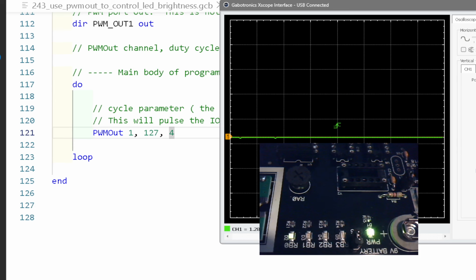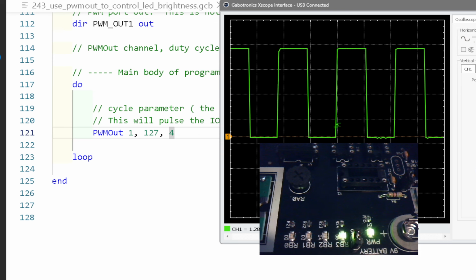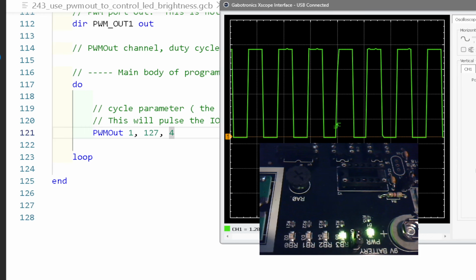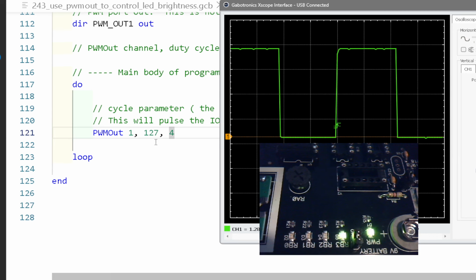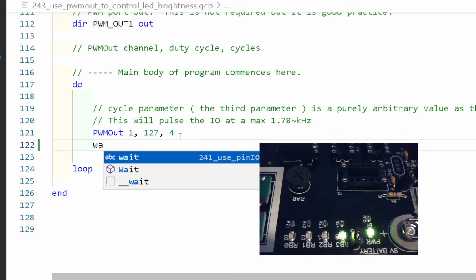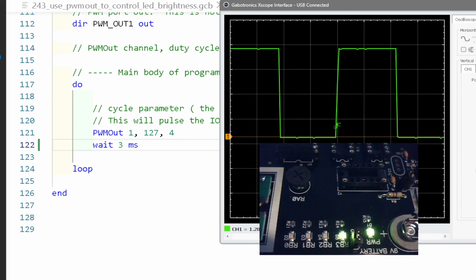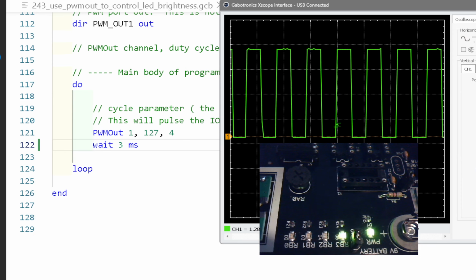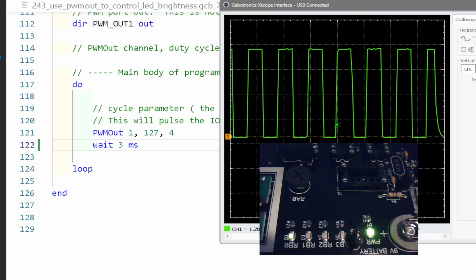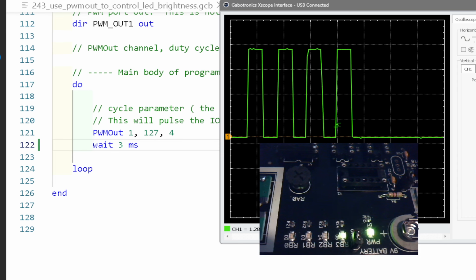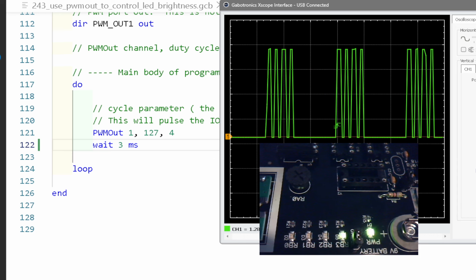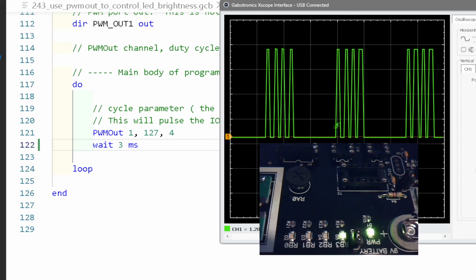I might have to change the scale here. Look, completely different frequency. Oh, I need to put a delay in it because it looks like it's continuous, look. But if I put a wait in here of 3 milliseconds, we'll see the pulses. What we're seeing here is the pulses are just continuous because of the do loop. I'll put a delay in it. We should see the pulses now. There we go. The oscilloscope is showing us we get 4 pulses,